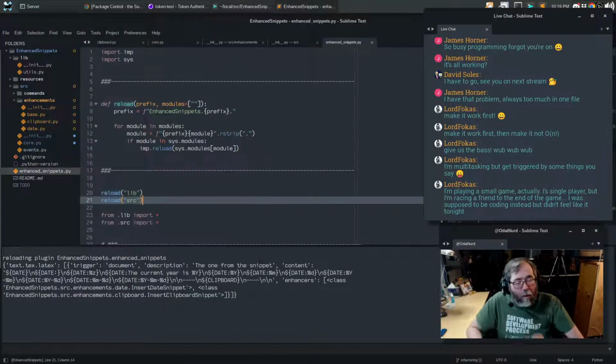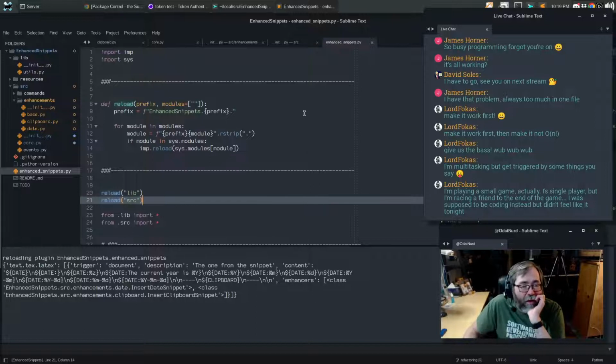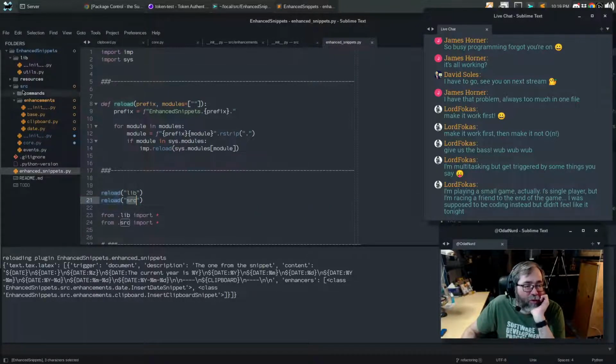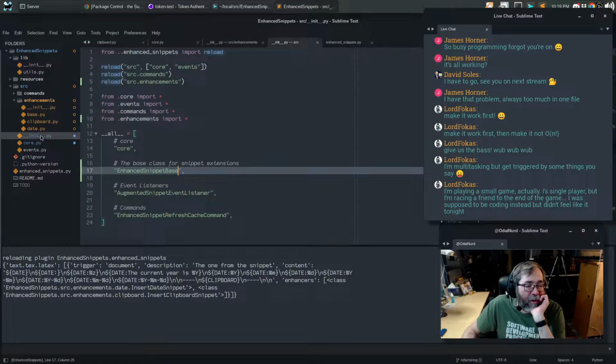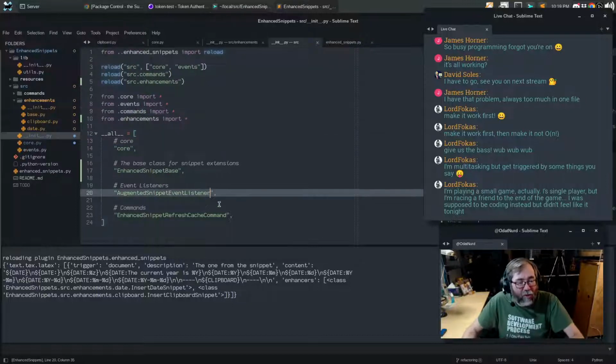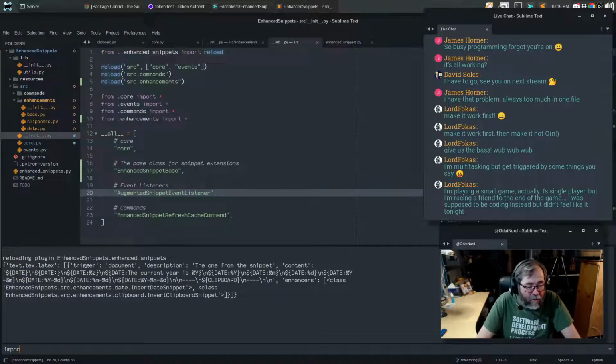There we go. Important that it actually reloads that stuff, right? Or loads it in the first place. So reload lib, reload source, source reloads. When it loads source, it loads commands, it loads enhancements. It exports all that stuff out. What we want to know is from